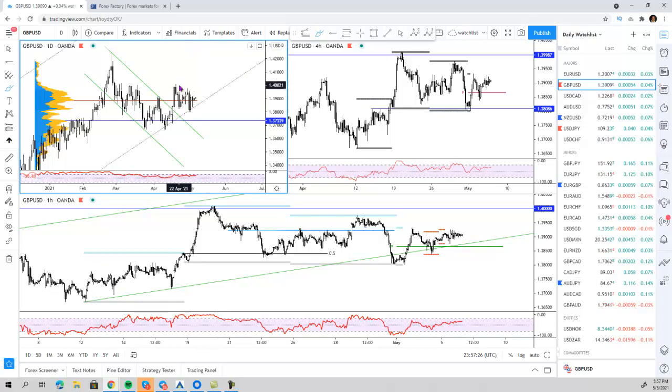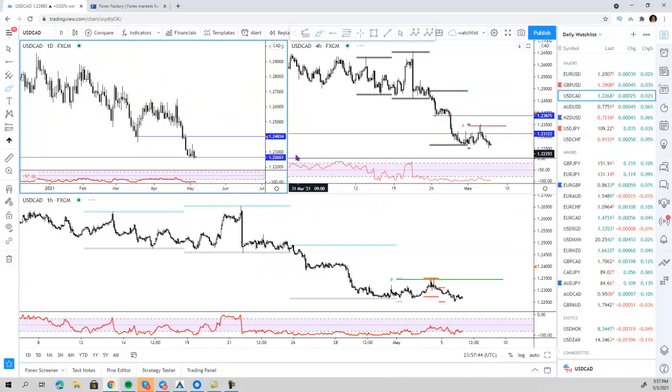But until we break these highs, right, the GBP USD is not going to rally. So if you are not long the GBP USD, the best market to go short on the US dollar would be the Euro USD, which is the signal that I'll be sending in a while. So the US dollar Canadian dollar, still, I'm not